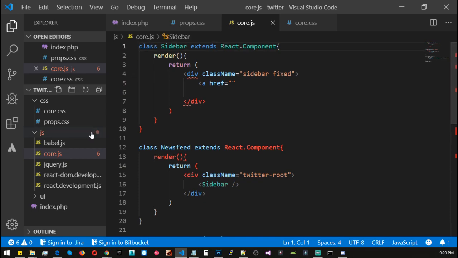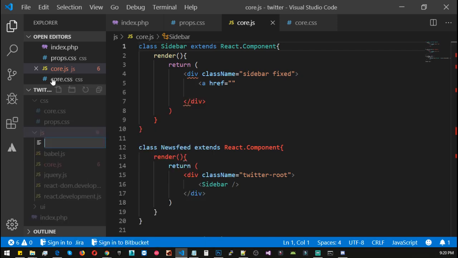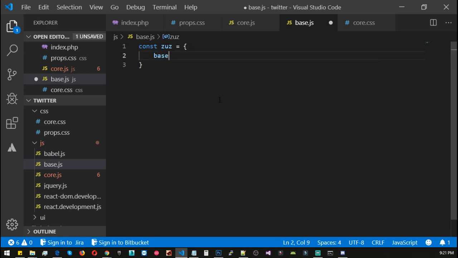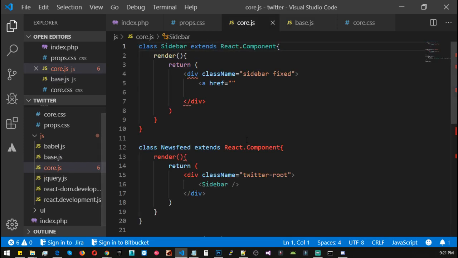I guess we should create one more file and call it base.js, and inside the base we should be using const Zeus. I love using this keyword, and Zeus, and the base should be https localhost, and we should be using Twitter. Great. Let's save it. Go back to core.js, and inside the href we will be using this.base,